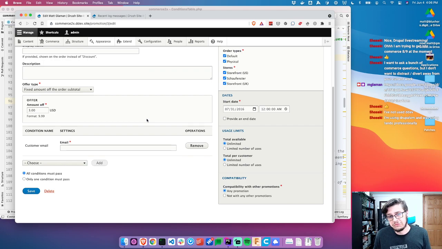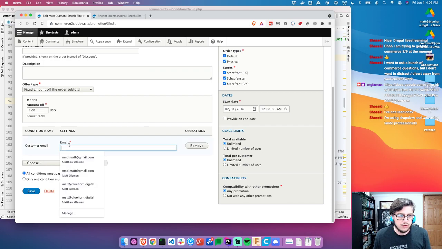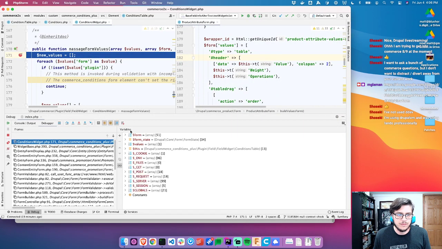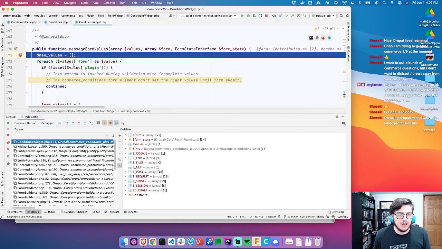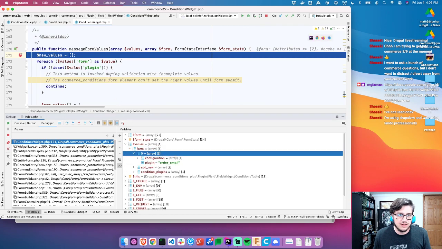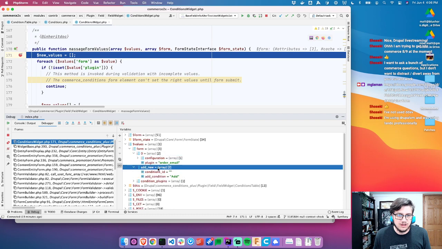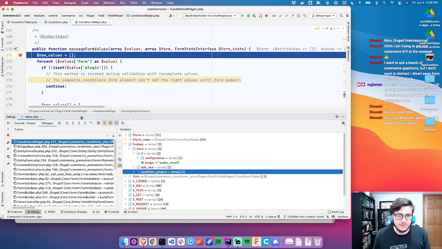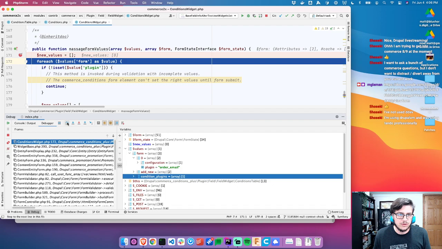And so it does. Great. Let's change the email and click save. So we have our massage form values. Again, it's hitting before the element does. So that's interesting. So if we step over,